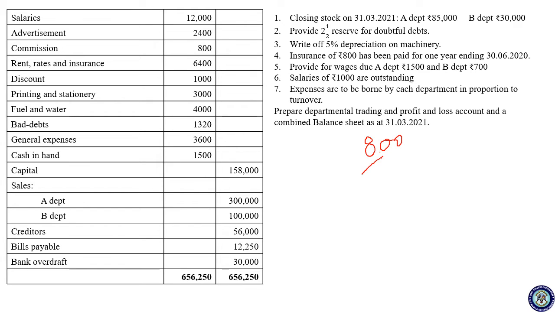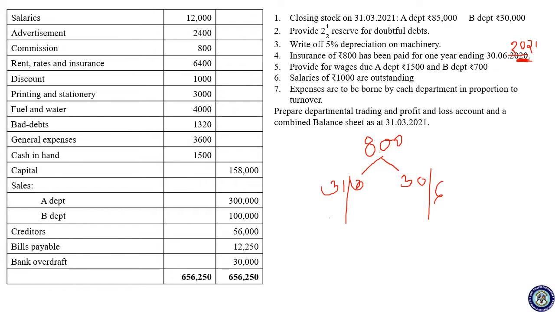My financial year closes on 31st March, correct? You make it 2021. Till 2021, but you paid till 30th June 2021,